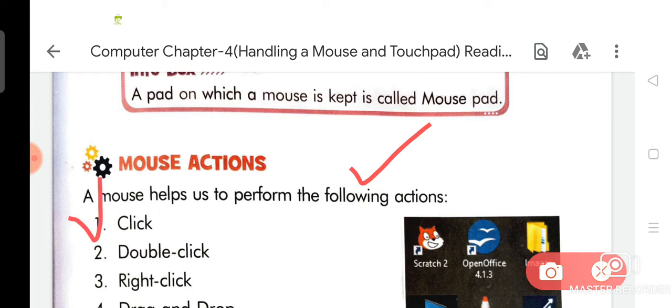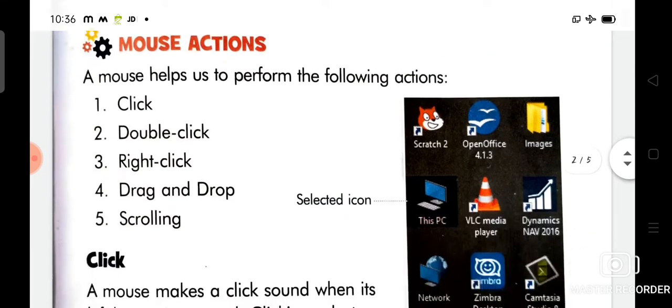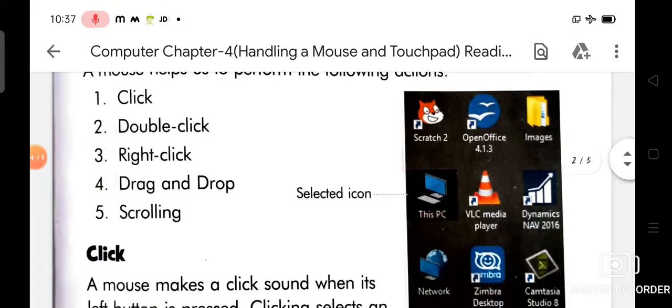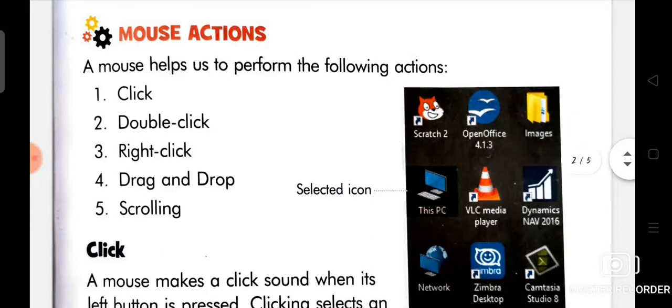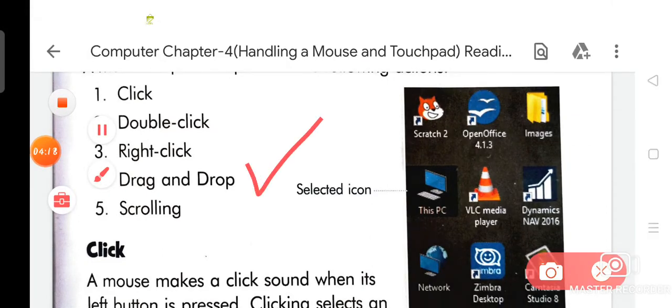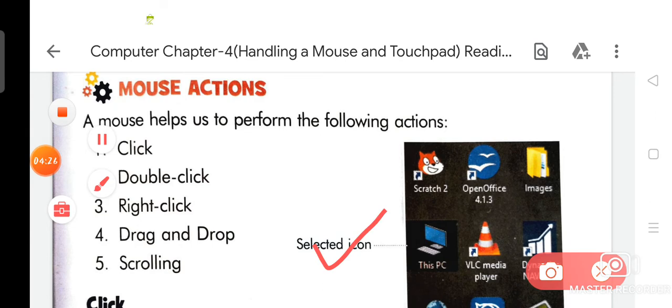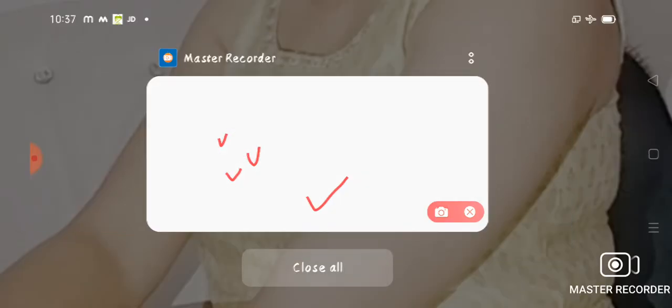Number first is click, number second is double click, number third is right click, number fourth is drag and drop, and number fifth is scrolling.